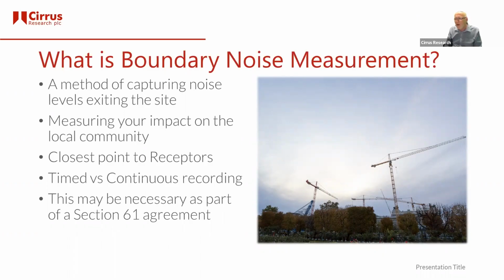There will be occasions where some sites will be asked to measure at receptors. That has happened before. But generally speaking, if we're just looking at boundary noise measurement, we're putting measurement points on the boundary, generally in line with or at the closest point on the boundary to those nearest receptors, the housing, etc. Could be businesses that are affected by the noise. We could put one on a corner of a site, but if there's no housing nearby, that's not really going to help us. It's what's escaping our site that matters.